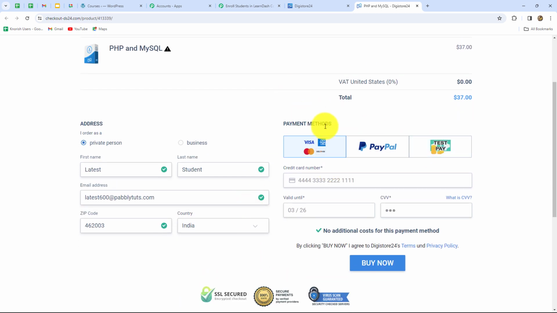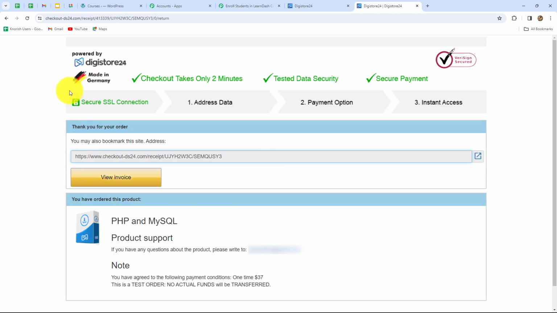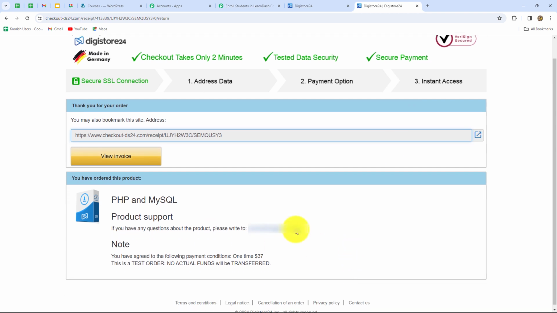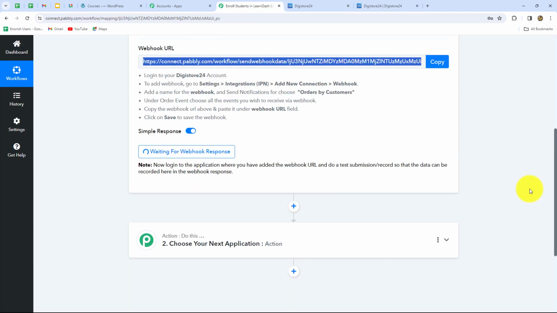Now we have to select the payment method, by using which payment method we want to make the payment. And because I'm doing a test payment over here, I'm going to select this test pay option. Okay, and now I'm going to click on buy now. As we have done that, we can see that the payment is made successfully for the PHP and MySQL product support course. Now let's go back towards Pabbly Connect,